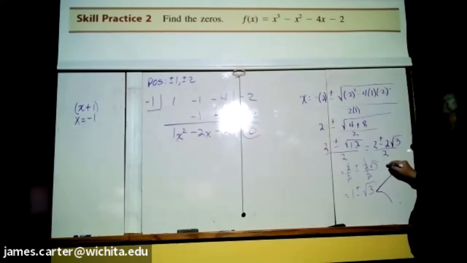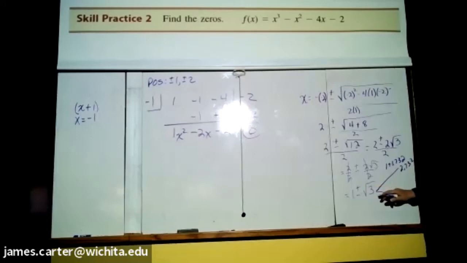Well, here I have 1 plus 1.732, and this is something you'd want to do on a calculator, which is 2.732. And this one, the minus side, I've got 1 minus 1.732, which would be, in this case,